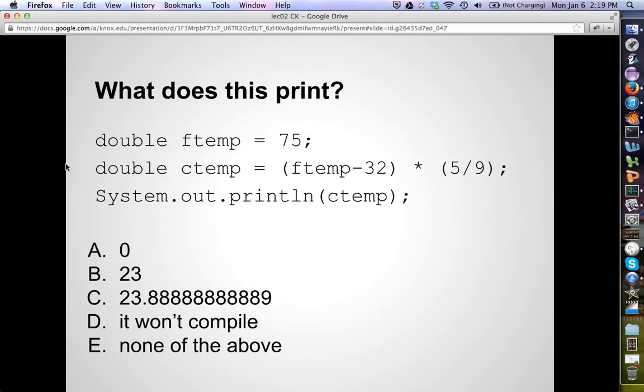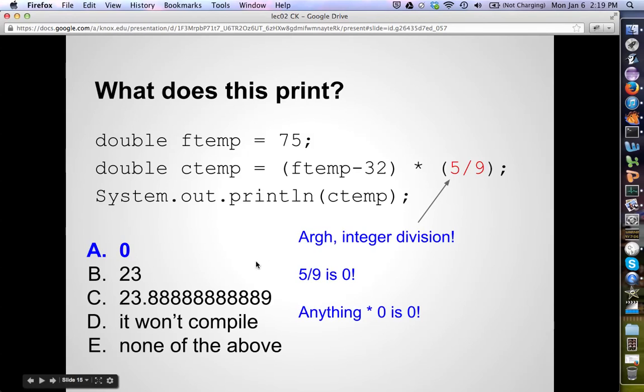So how about this? We're converting Fahrenheit temperatures to Celsius temperatures. What is this going to print? Go ahead and try to figure that out. Did you come up with 0 or possibly 0.0? If so, you're correct. The reason being, this formula is correct algebraically, but remember, 5 divided by 9, well, those